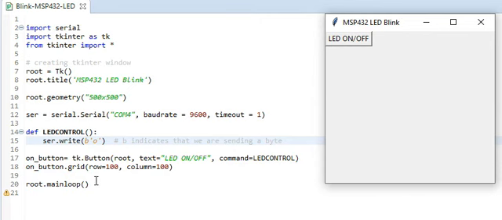When this button is clicked, the action to be considered is, from the root window, and then the text is this. These are the button parameters, and what we are saying is once the button is clicked, the command is that the LED control function method needs to be called. That's what the command says, and then the text on this is LED on off, and this is on the root window, along with the placement of this button. And then root.mainloop is required to display this window. So this is how the simple program is.